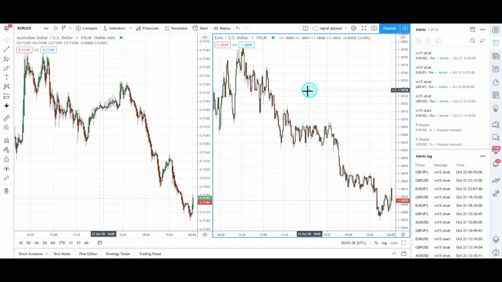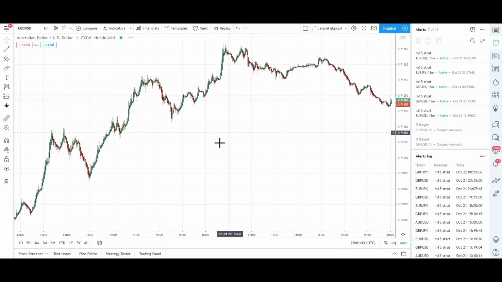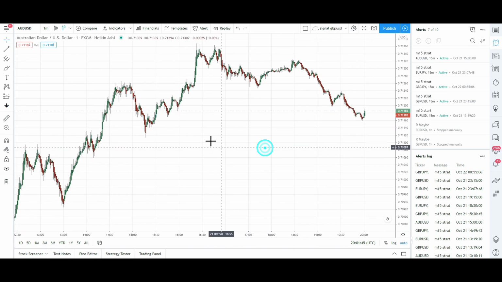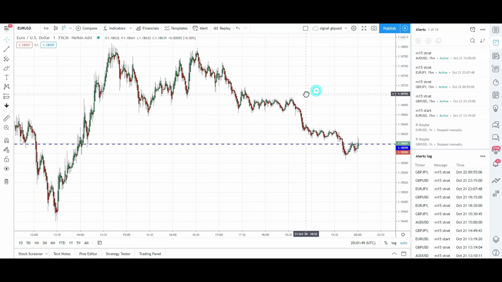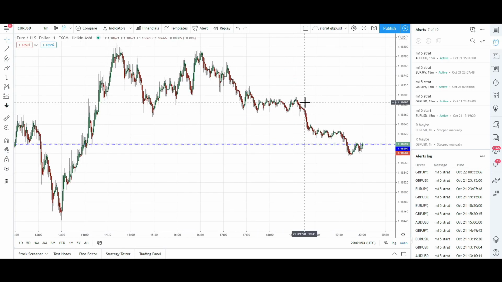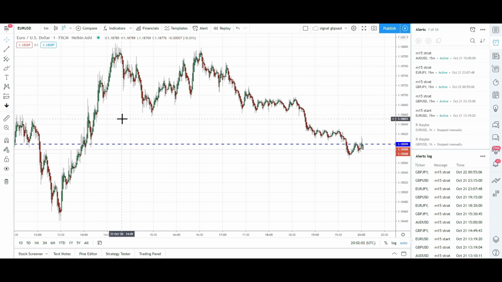So basically, if you guys are new, you'll be looking at a single chart right here. You might be looking at Euro USD, for example. The first thing that you have to do is to include the PineScript codes that I've forwarded to you guys if you have signed up for Binbot Pro using my referral link and also funded the account. You will automatically get access to not only the PDF guide, you will also get the PineScript